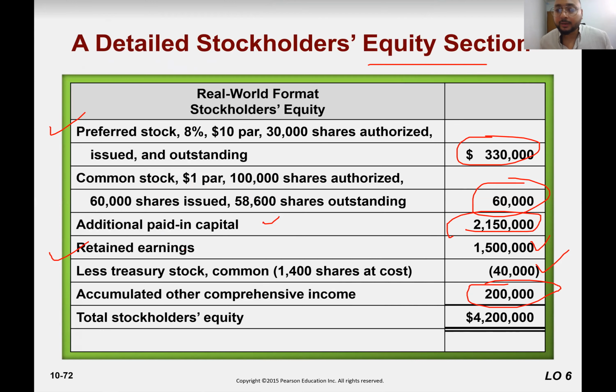So the retained earnings treatment involves dividends. When we pay dividends, retained earnings decrease. Right? If we don't pay dividends, retained earnings increase because of the increase in net income.